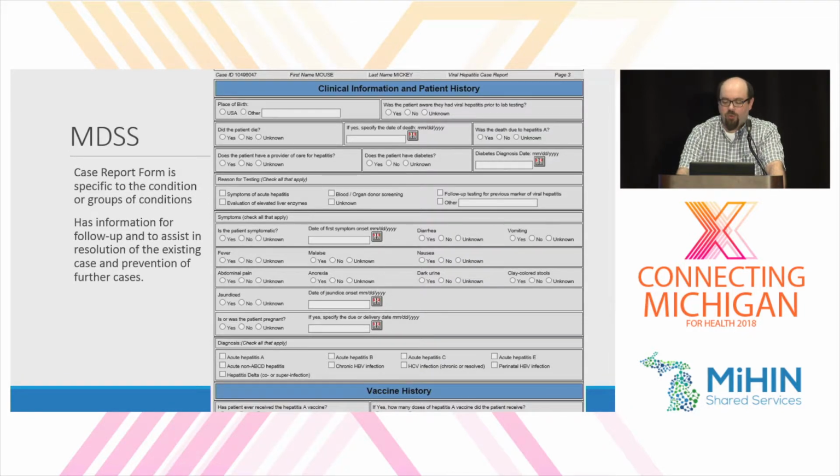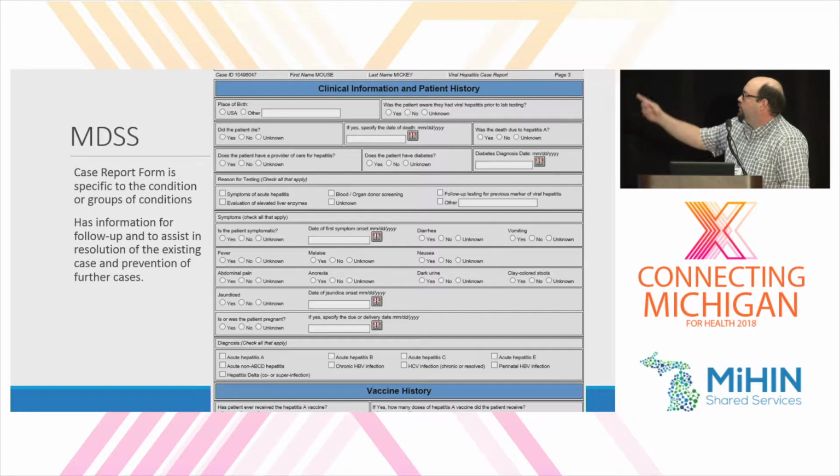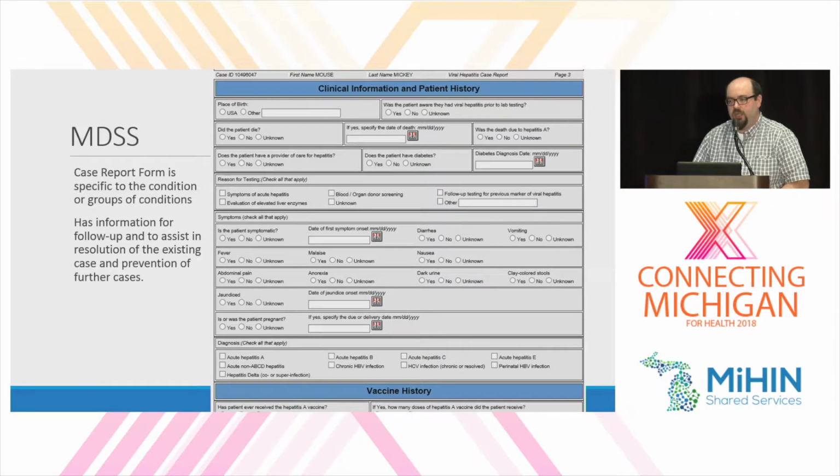Here we have a lot of the more important questions. I don't know how well we can see them up here, but say up towards the top, did the person die from hepatitis A? Because this is part of the same hepatitis A form we were just looking at. The symptoms are specific to the condition itself. You're looking at vaccine history, very at the bottom there, whether the person had been vaccinated against Hep A, that kind of business. And so you'd see this in Hep A and not necessarily in anything else.